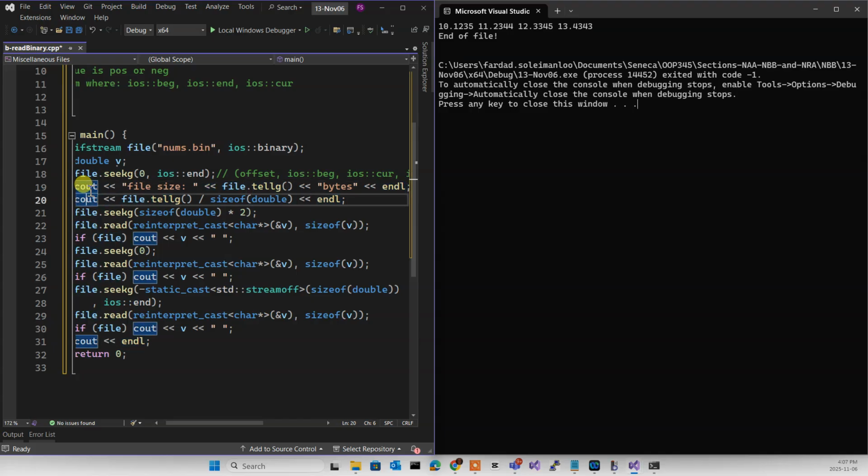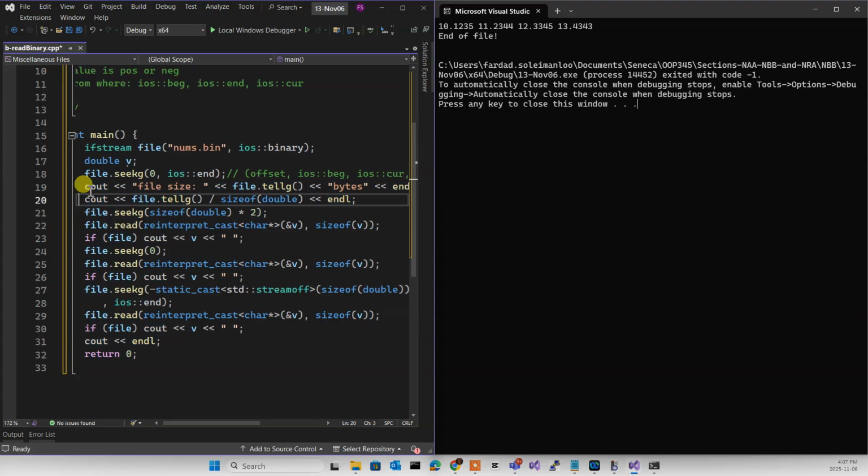And in here, what did I do? I said go to the end and divide it by the size of double. What does it mean? You can actually see how many doubles you have in a file, the number of records in the file. So you can go to the end, see what the size is, divide it by the size of the record, and you have the number of records. So in here I can say